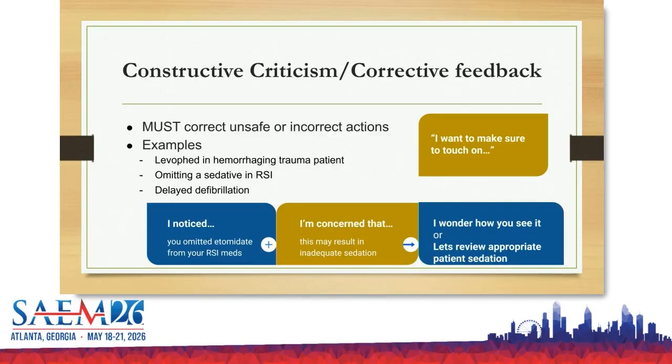Cool. Corrective feedback. When somebody says something that's just absolutely not true, you have to correct it. In a conversation, that's great. We don't want to step on somebody and say, oh, you shouldn't have shared that. But if somebody shares something that is incorrect, you must correct it there as the facilitator. You can always circle back, make a note of it. I might circle back and say, hey, I want to touch on and clarify something. I heard something that I want to make sure we're all on the same page about. Let's talk about it.